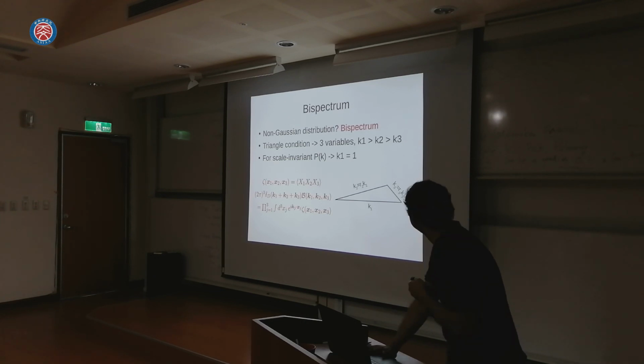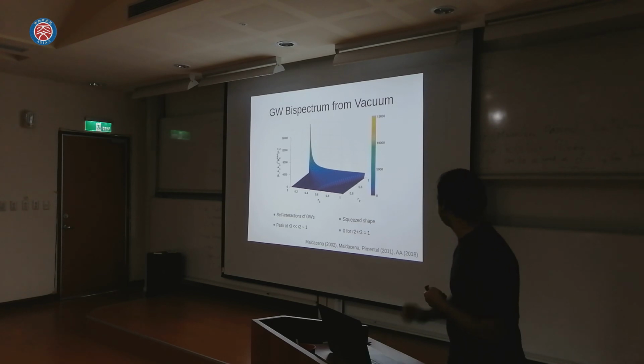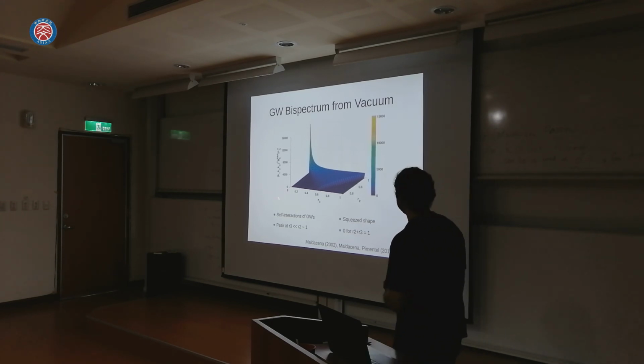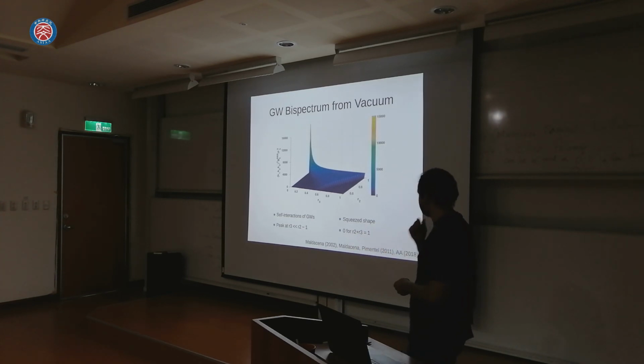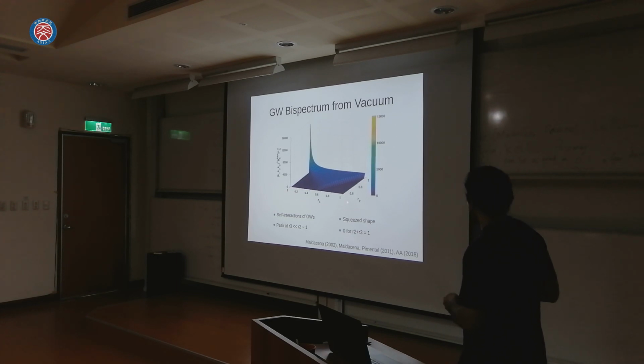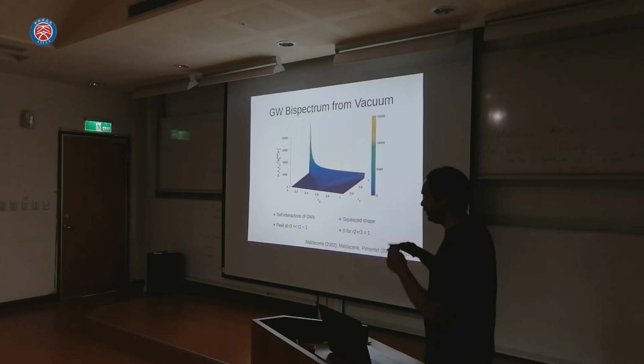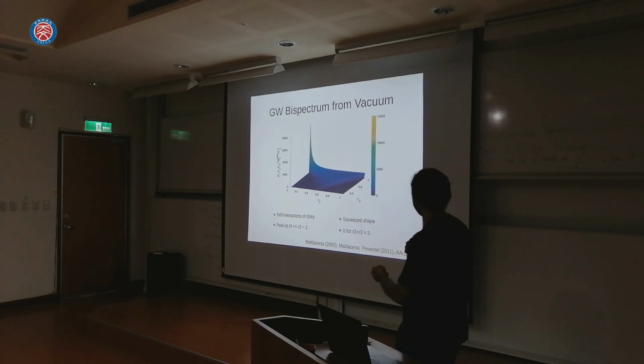So with all that, let me now show what the bispectrum looks like from vacuum fluctuations. Here I show the bispectrum of 3 right-handed gravitons that interact with each other, scaled by some arbitrary factor, which I will talk about later, as a function of R2, which is one of the wave numbers, and R3, which is the other wave number, and the last one we've already set to 1. So what we see, as expected, is that it peaks at this location where one of the wave numbers is much shorter than the other 2, and that is exactly the squeezed configuration we saw before.